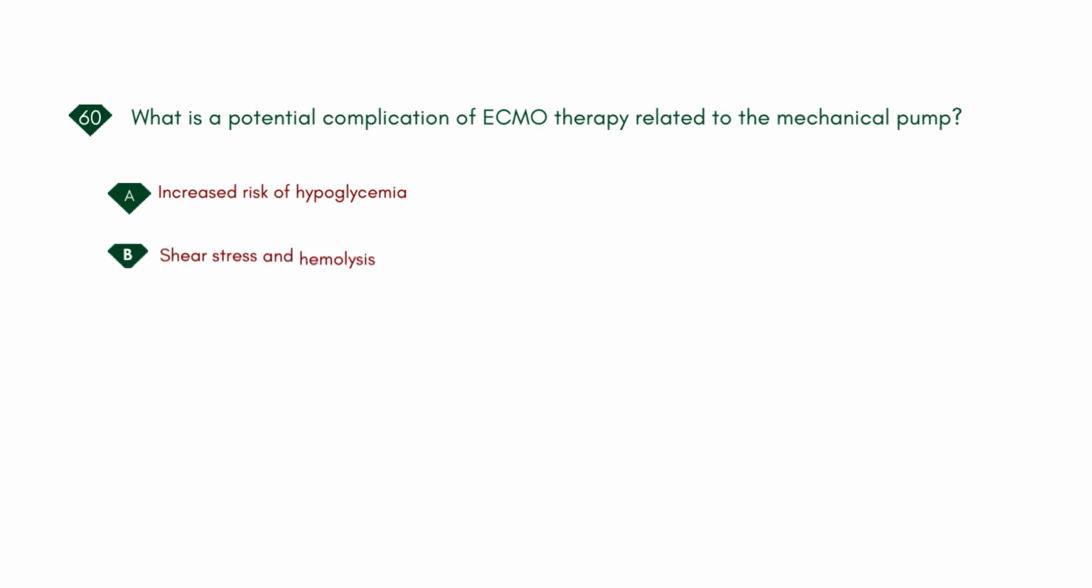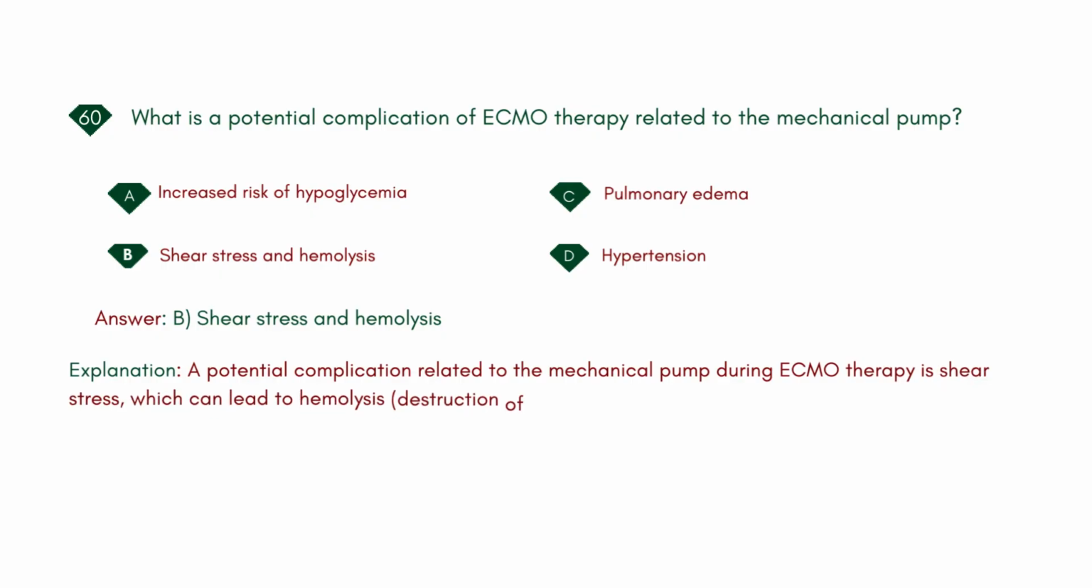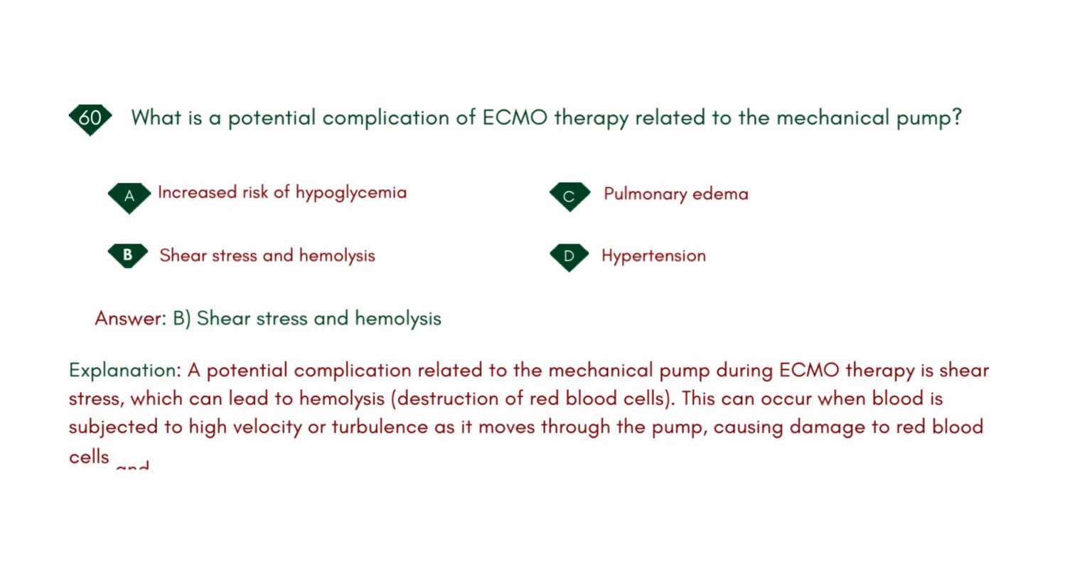What is a potential complication of ECMO therapy related to the mechanical pump? A. Increased risk of hypoglycemia. B. Shear stress and hemolysis. C. Pulmonary edema. D. Hypertension. Answer: B. Shear stress and hemolysis. Explanation: A potential complication related to the mechanical pump during ECMO therapy is shear stress, which can lead to hemolysis,